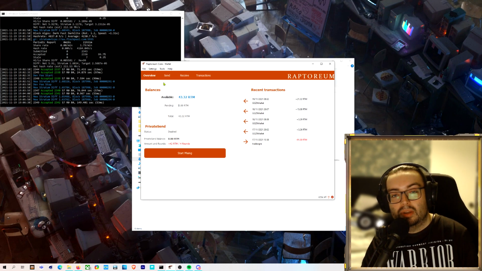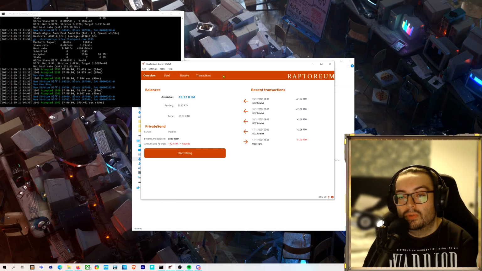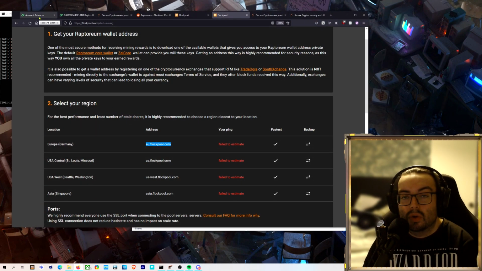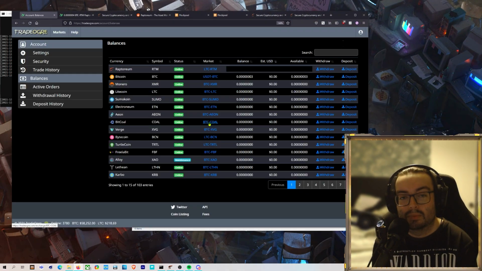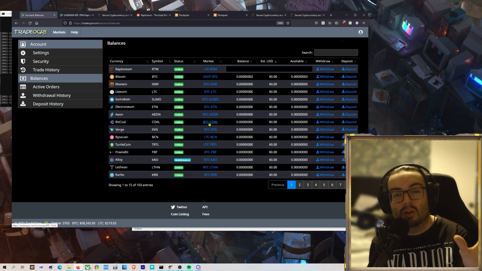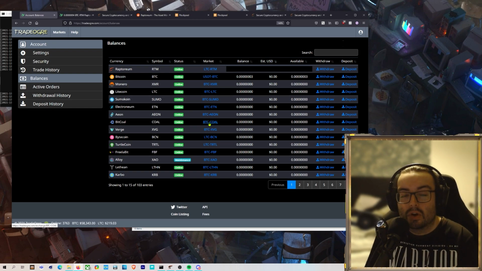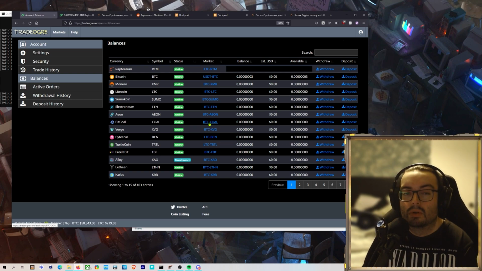So the next step is obviously you're going to want to get this out of your wallet and send it somewhere useful. So for this, we're using Trade Ogre. The way you purchase Raptoreum is with Bitcoin. You can also do it with other things, but obviously I've chosen to use Bitcoin. You can use Litecoin, etc. So you're wanting to go to an exchange such as Kraken, Binance, Coinbase, and purchase a small amount of Bitcoin,